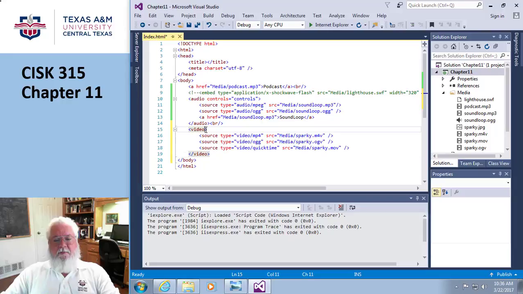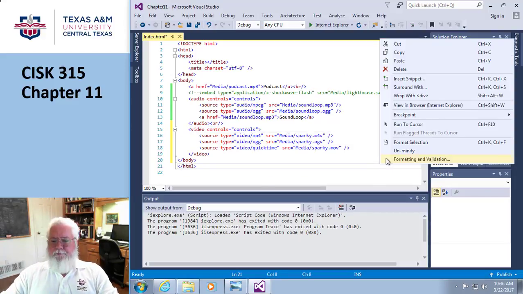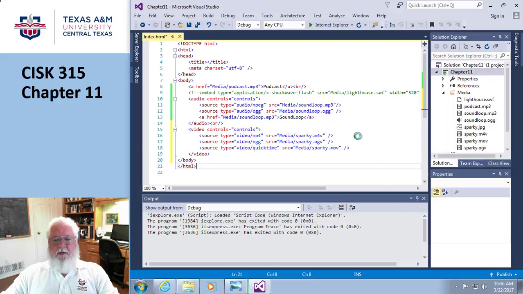All right, I am going to need some controls because otherwise you wouldn't be able to stop and start this guy. So controls is going to equal controls. Isn't that the stupidest thing, to have an attribute equal to its value? But you know how video stuff works. If I was to just bring this up now and run this guy,